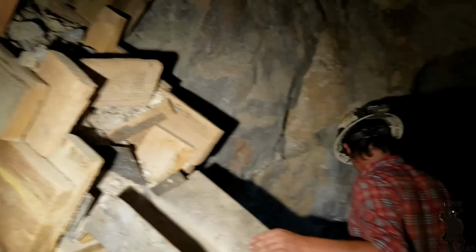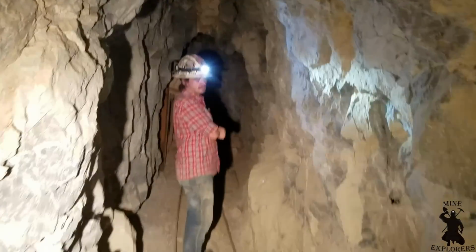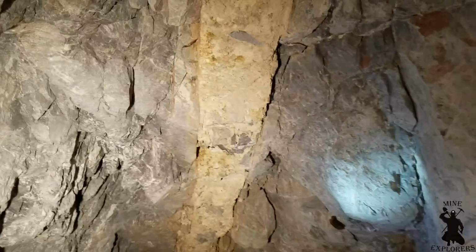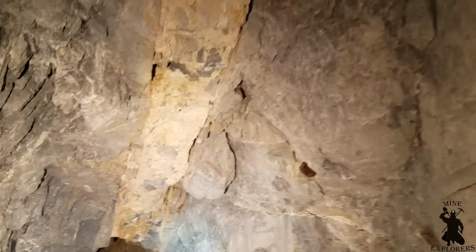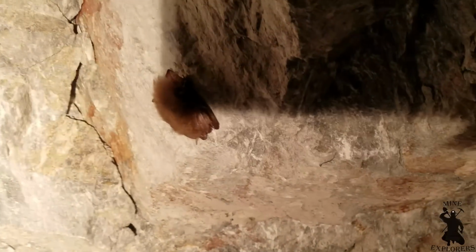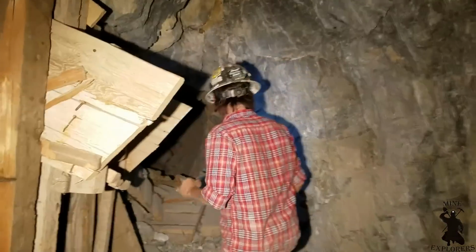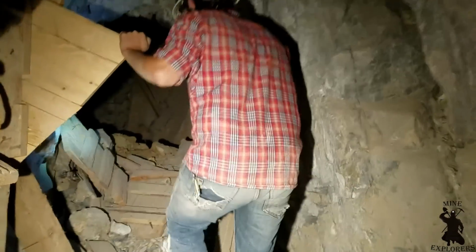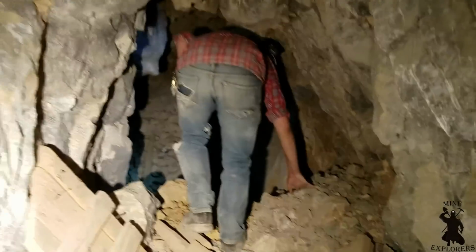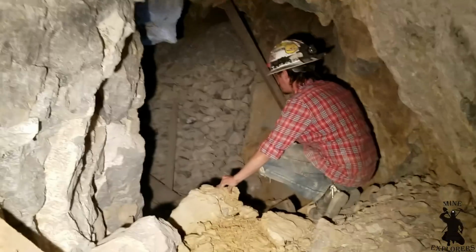Ore chute. So what, there were more extensive tunnels and they just backfilled them all? Well, I don't know. I'm confused. It looks like... Check out the vein type thing right there. Bat. I don't know. It looks like it might have been worked by different people. Hey, wait a second. This is...